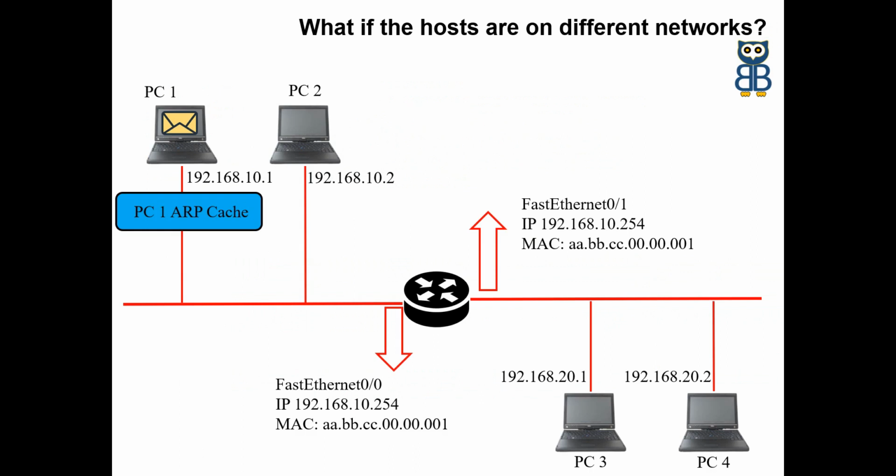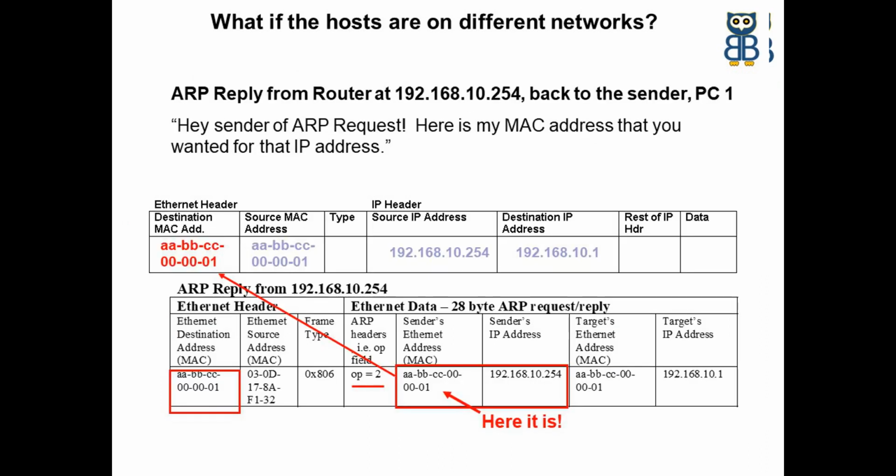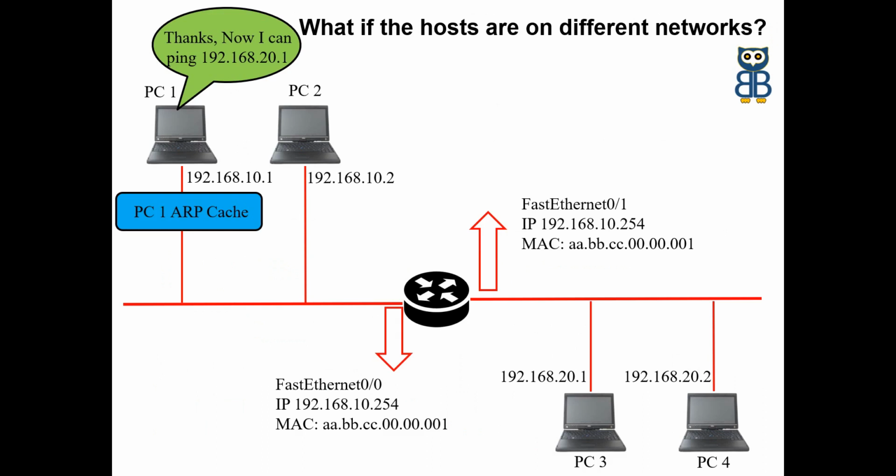Now the PC will send the ARP request packet to the gateway IP address to communicate with the other network device. The router checks the target protocol address, finds a match, and generates an ARP reply message. It takes the sender hardware address and the sender protocol address fields from the ARP request message and uses these values for the target hardware address and target protocol address of the reply message. PC1 receives the ARP reply and enters the router's IP address and MAC address into its ARP table. The PC now has all it needs to encapsulate the IP packet into the Ethernet frame and send that packet to the router. It is now up to router A to forward the